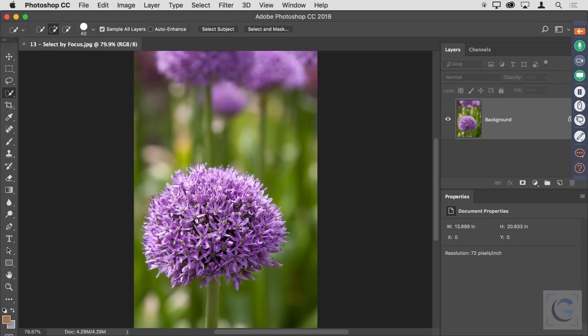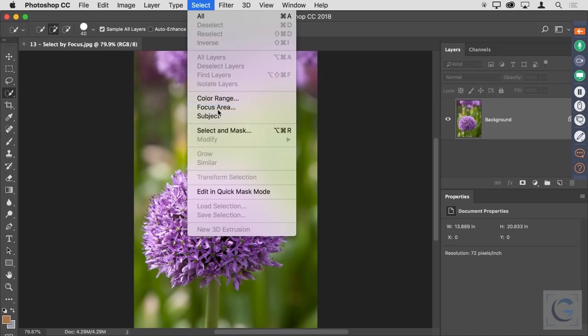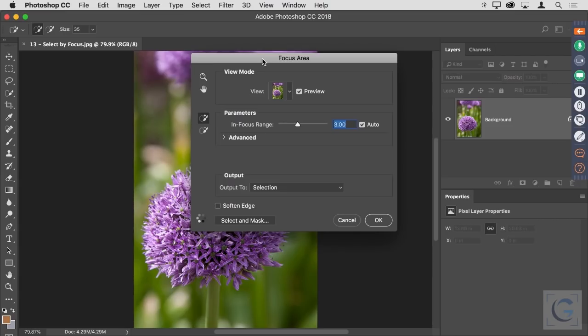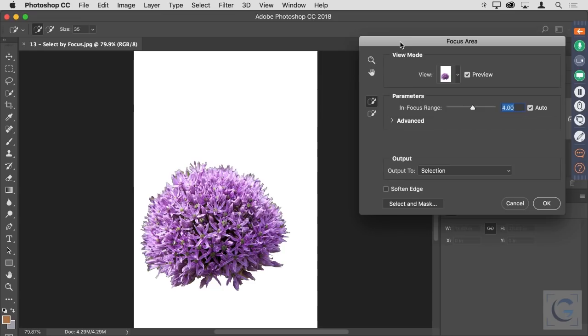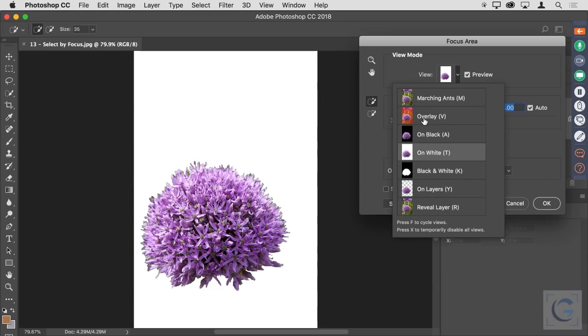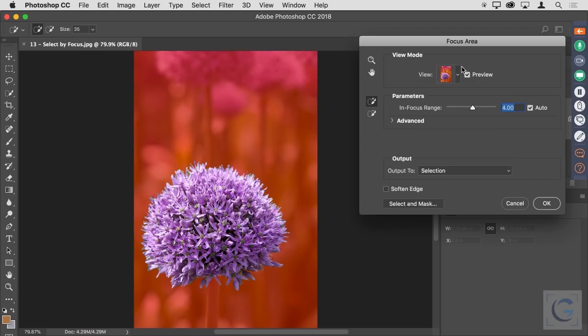So if you've got an image that has a subject isolated by focus, this technique might work very well for you. We just go to the Select menu and choose Focus Area. Move the dialog out of the way here so that we can get a better sense of the actual effect. And in our preview here, the View option, I'm going to set to Overlay so that we're able to see a red overlay on the areas that are not selected